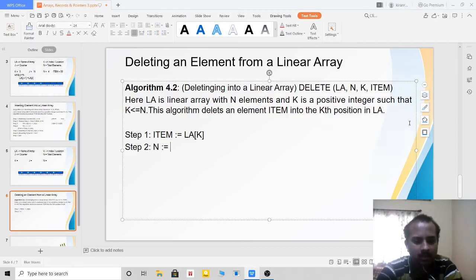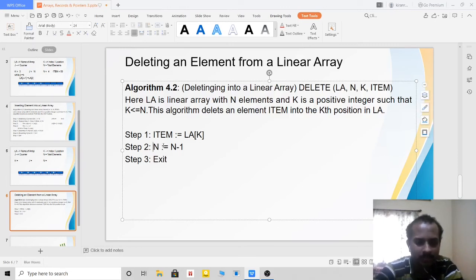So n is equal to n minus 1. If I want to write a comment, I can write the comment also, no problem. Better to have the practice of writing comments so that the examiner will also understand what you are trying to say. Exit. So I am resetting n.